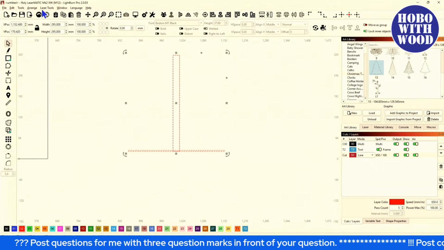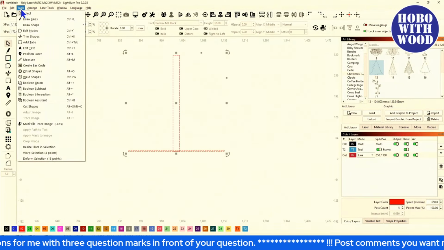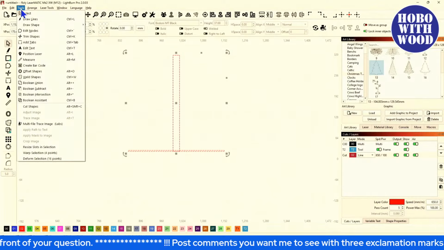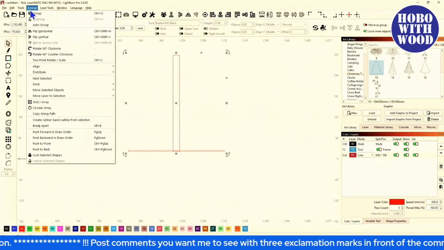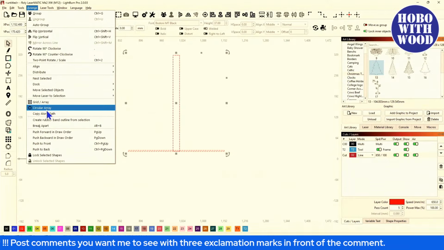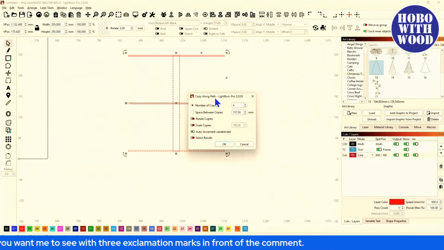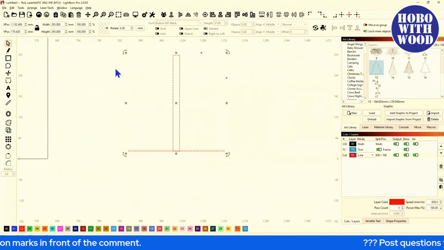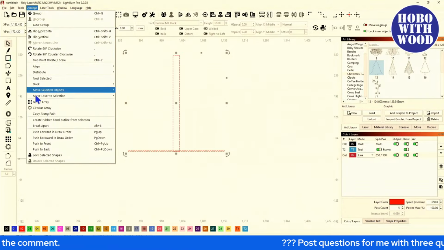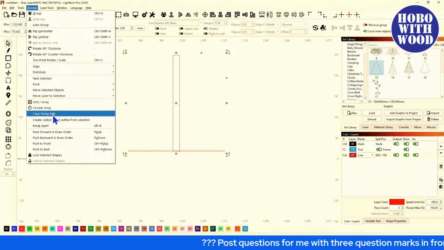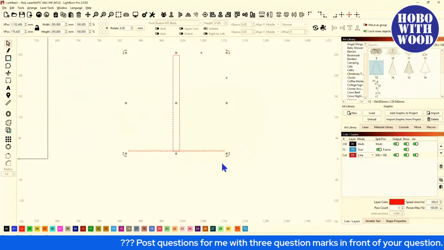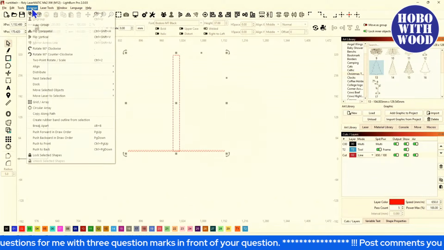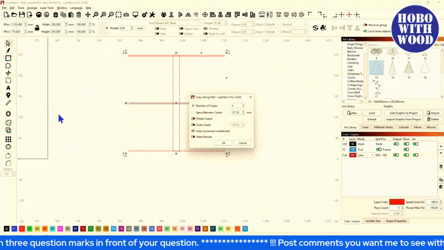Let's see here. Laser tools. I always forget. Yeah, okay. Copy it along path. There we go. I always forget which menu it's in. That was in the arrange menu. Is that right? Tools, arrange, copy along path. So before I do that, I selected the bottom one, select the center post, arrange menu, copy along path, and